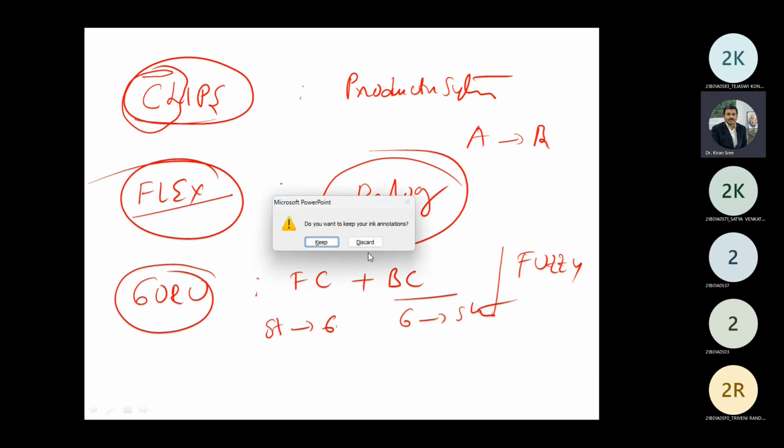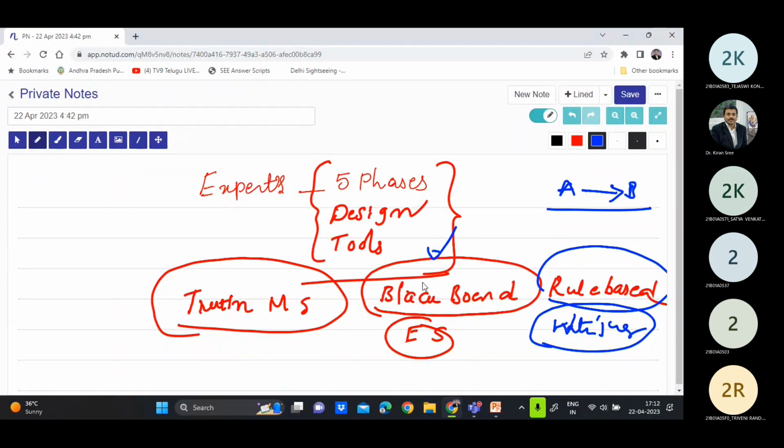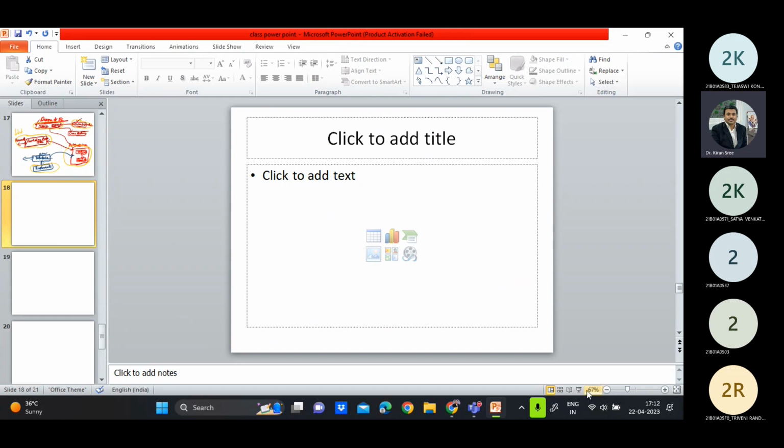This is the partial result of the class. The rest of the part is very simple. So expert systems, design of expert systems tools, then we can think about what a blackboard system is. A blackboard system is a simple concept, but most of the people are aware of that. See, blackboard system